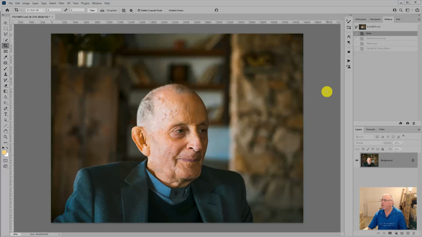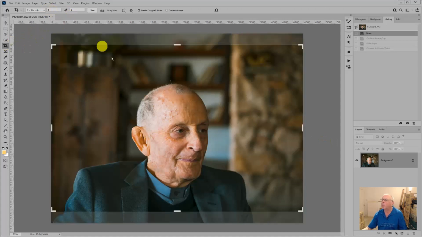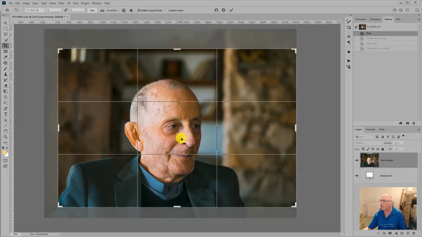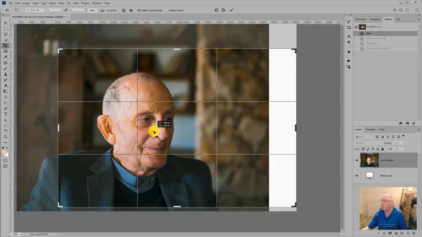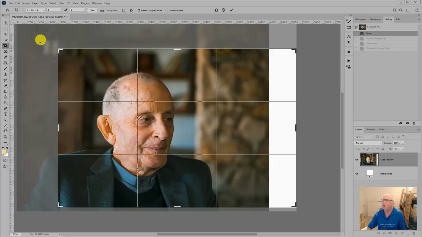So here we are in Photoshop, and the first thing I'm going to do is change the crop on the picture, because the vicar is really quite central, and I want to give him a bit more space on the right to look into. So let's go into the crop tool, and I'm going to crop it to the 3:2 ratio. It was originally 4:3 because this was shot on a Panasonic Micro Four Thirds. So let's just bring that in a little bit tighter at the top there, like that, and shift him over there, which does two things. It gives a bit more space on the right, but it also gets rid of that highlight in the top left-hand corner, which would